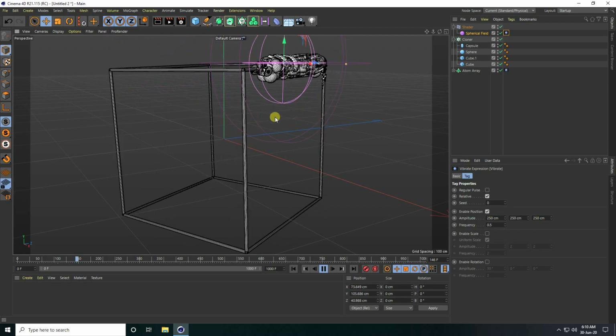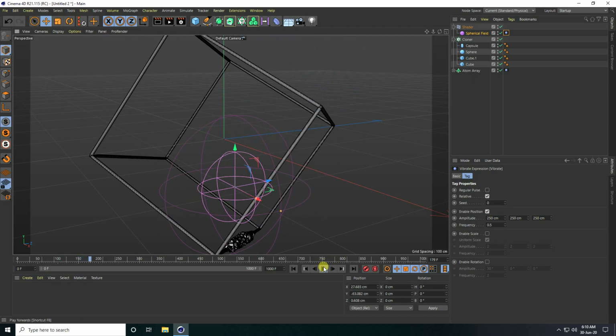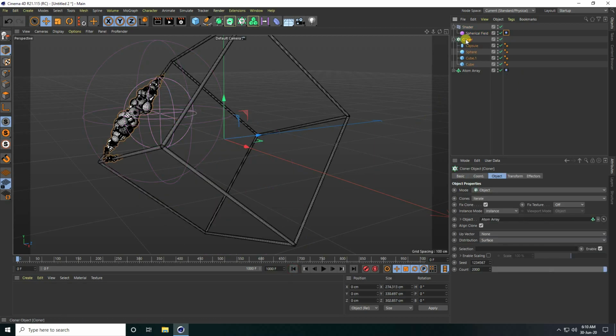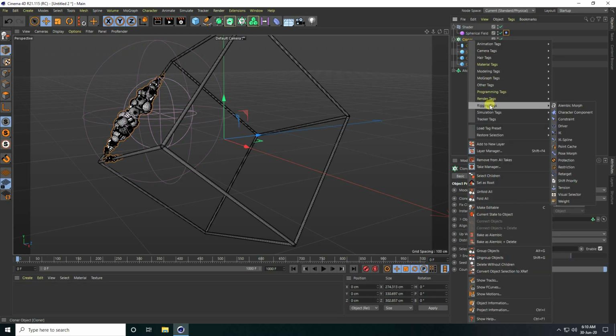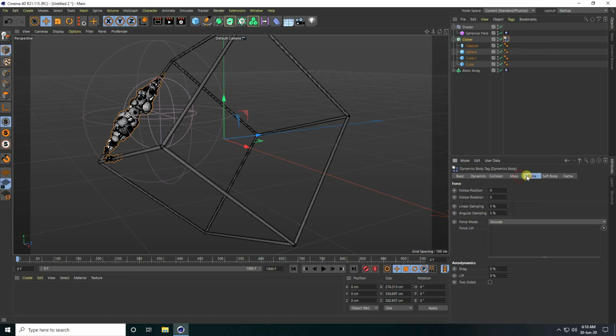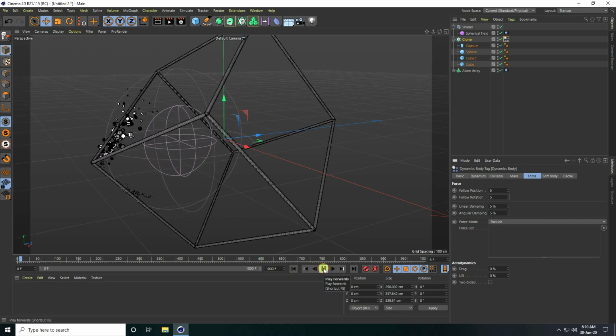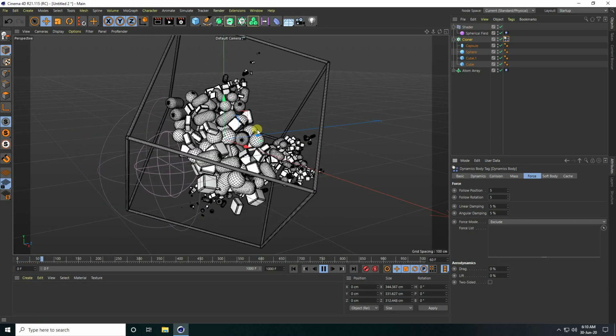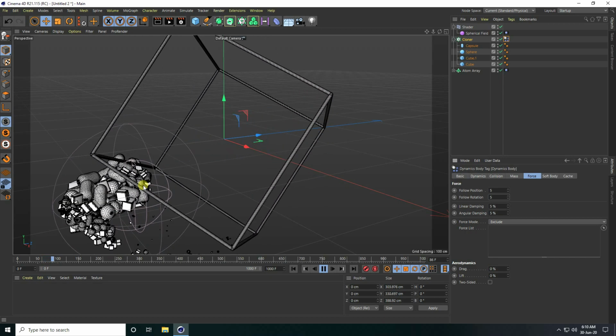Okay, all is good. So stop this animation guys, stop. And now I apply Rigid Body tag. So select this Cloner, this one, and right click, go to Simulation Tags and use Rigid Body. Yeah, and Force. Guys, Follow Position I take 5 and 5. Yes, and play. Yes, better. See guys, that's my particle animation.